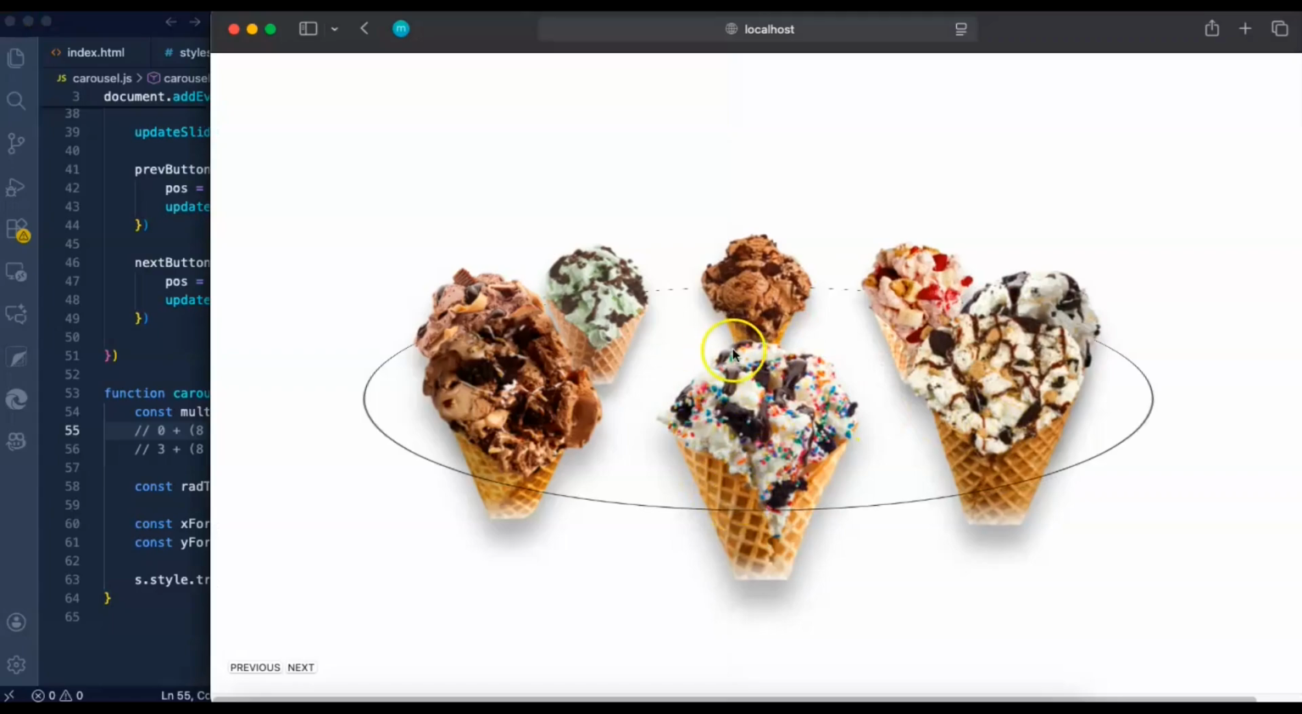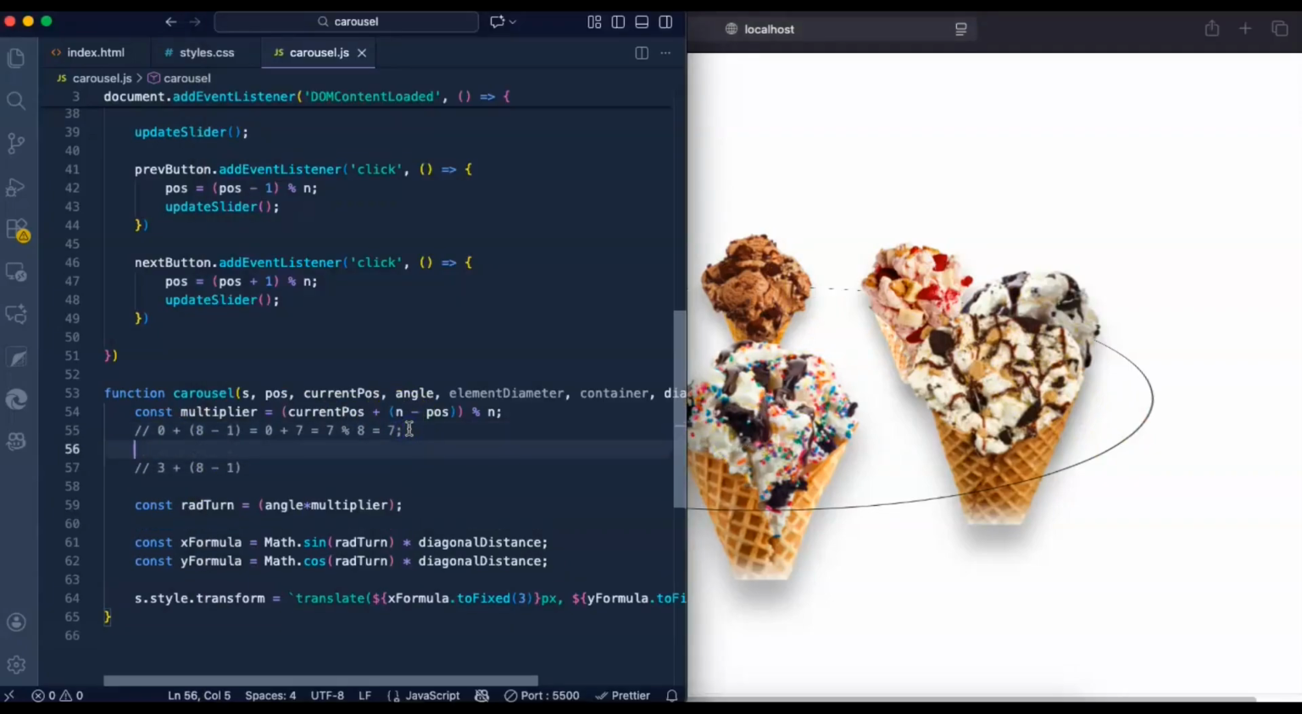We want the first element, when the next one is clicked, to become the last element. And then we want the second element to become the first element. So let's see with the second element. Right now we're working on the second element. The second element should become 0. So 1 should turn to 0 with our variable. So now let's go through this. 1 plus 1 being the second value, 8 minus 1, which